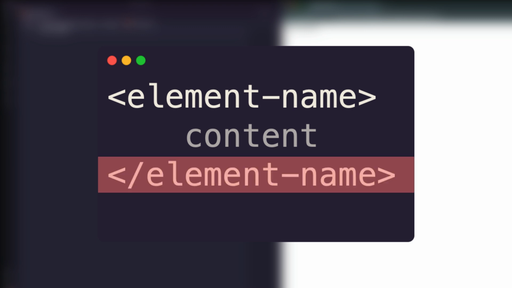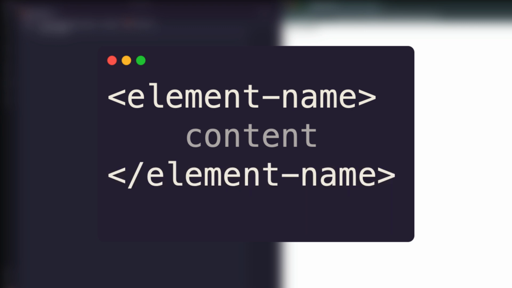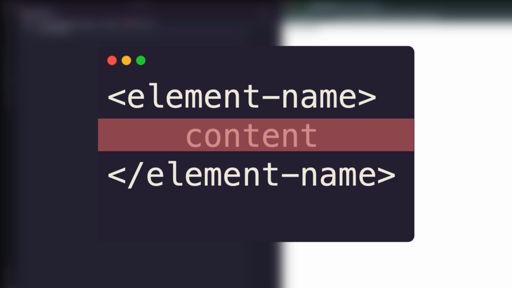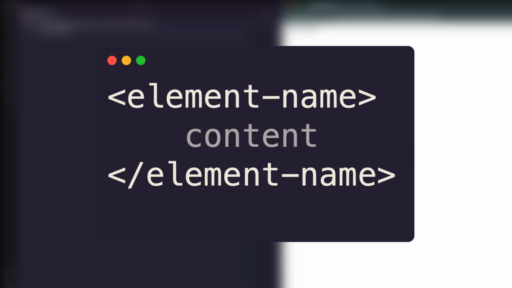Then, just like the start tag, there's the end tag or closing tag, but it has a forward slash before the element's name, so that's an end tag. And the content comes between these tags, and the content itself can also be HTML tags or just simple text. So HTML elements can be nested. And because the content is inside the tags, it's